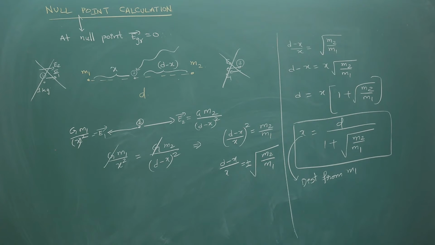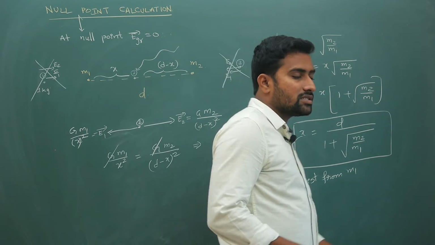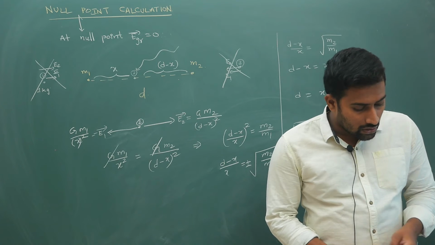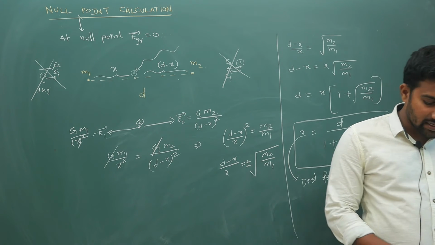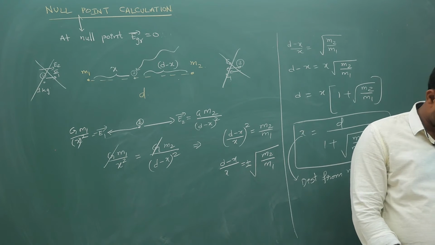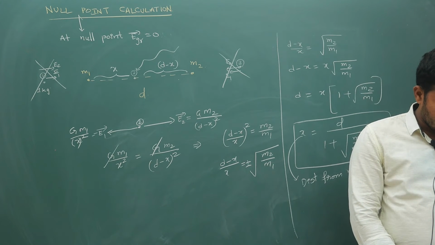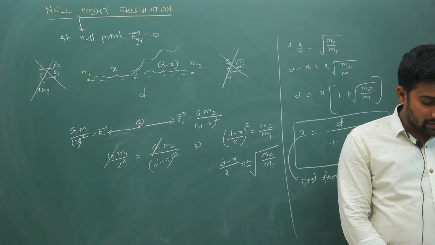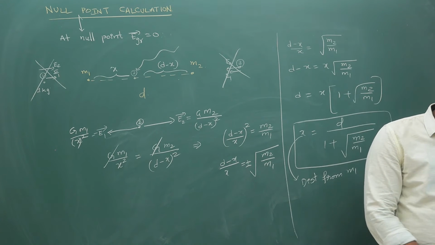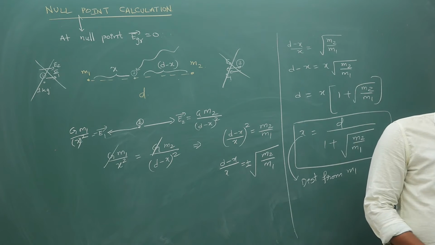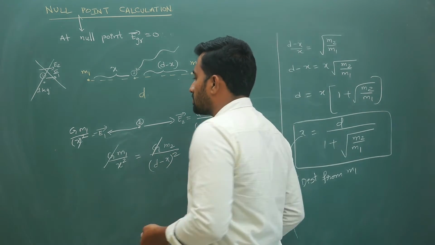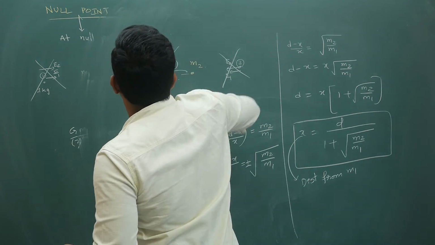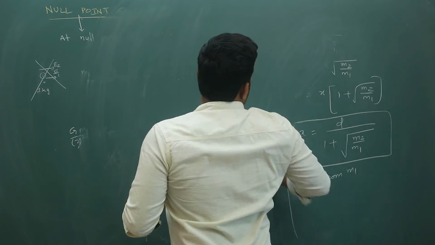So this is your null point. At null point what is happening? Your field is going to become 0. General points they can ask you, so don't get terrified, you just simply try to apply the principle of superposition. Write each vector in terms of i and j and you will be getting the answer. Next, let us say you have combinations. You are supposed to find out field because of different ones.